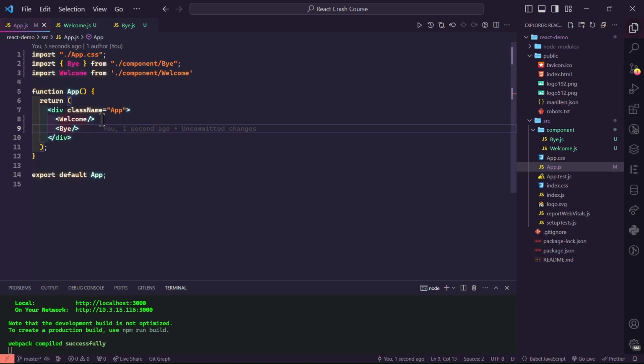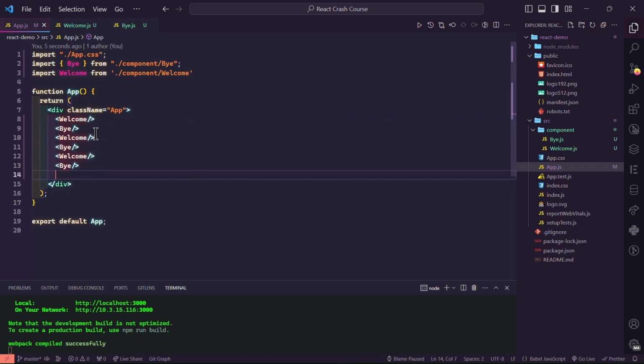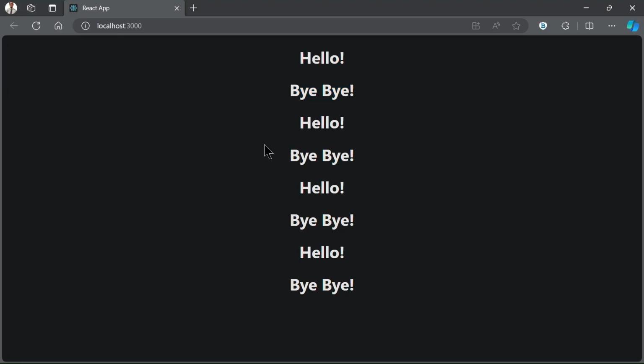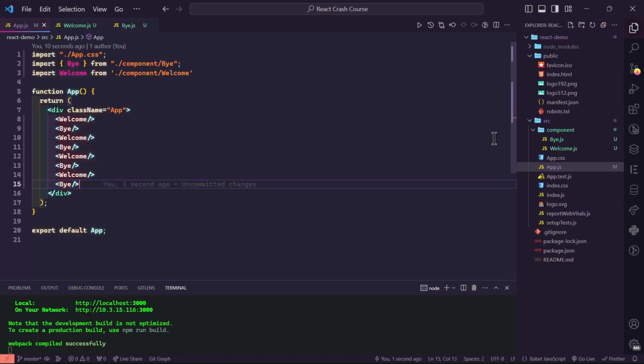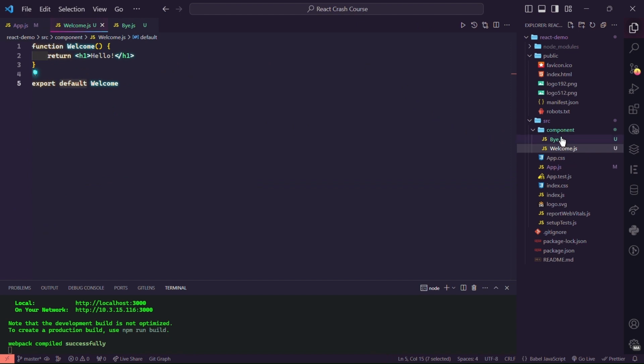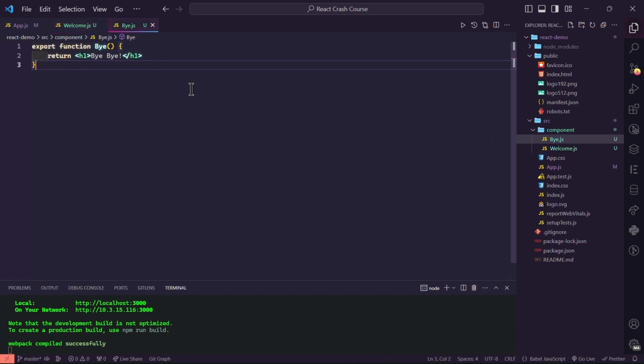Correct. Now assume that you wanted to replicate this again and again. You can also do it this way. Copy these, go on pasting them. You're calling the components again and again. See the browser? Now you understand why React is a component based architecture. Whatever is written once, right? Now you have welcome written once and bye written once. But just because you are able to make use of them again and again,